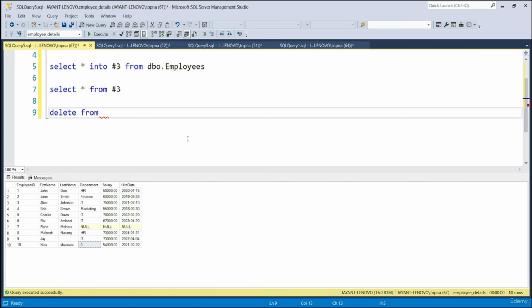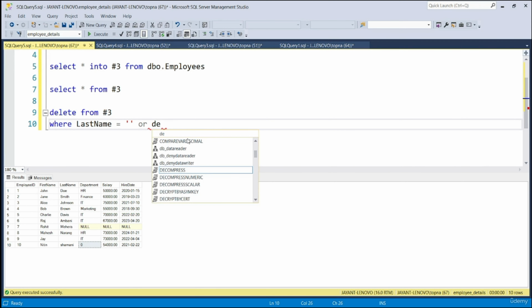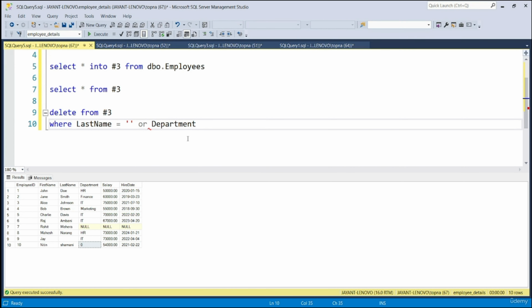The name of the table is hash3. So delete from hash3 where last name is equal to blank or department is equal to 0. Right?